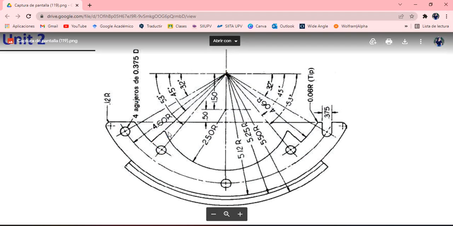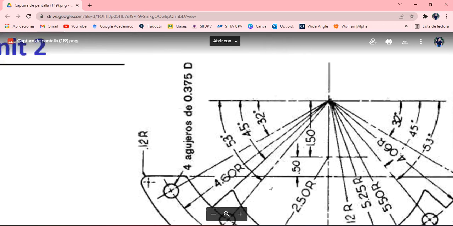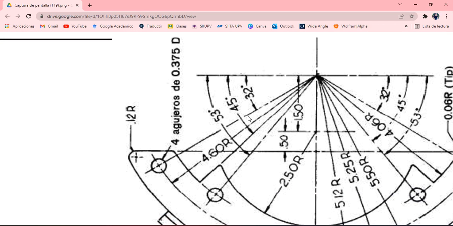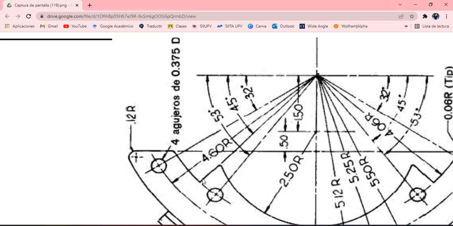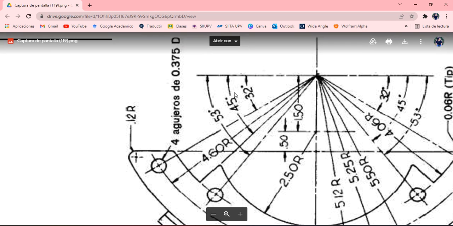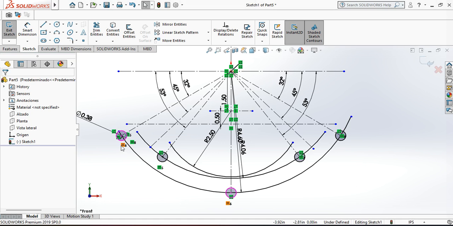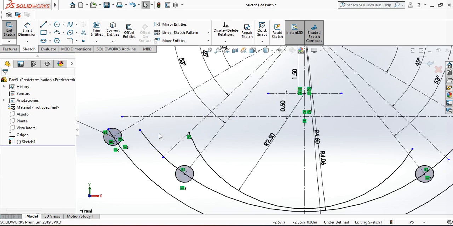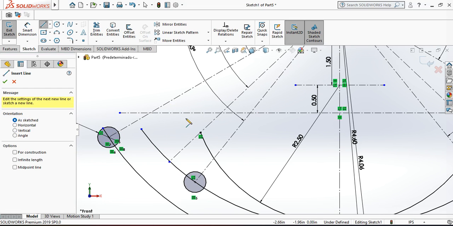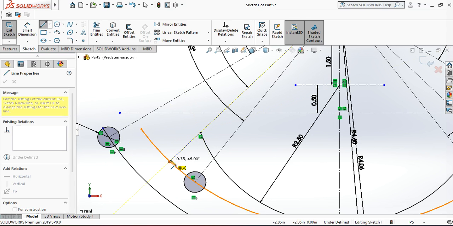Let's see. Here, as we can see in this part, let me make it bigger. We have that the line which is on the 45 degrees, it's coincident with this point. So we have to make a line from here to here with the 45 degrees. Okay, so let's go back and let's see, 45 degrees is here. So we just make our line bigger here, and then we click on here, then we click in here, make it